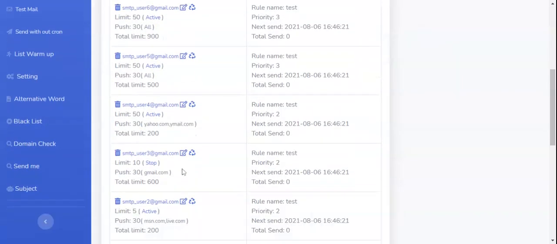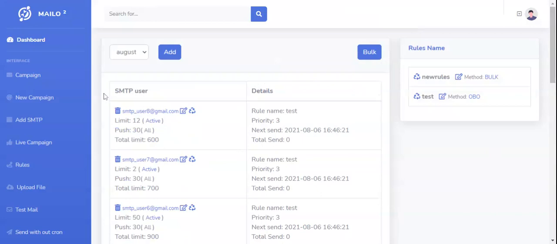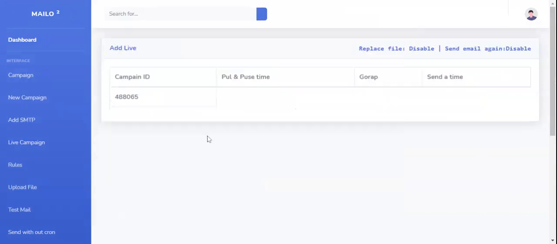If you set any live campaign under the rules, there is one live campaign.